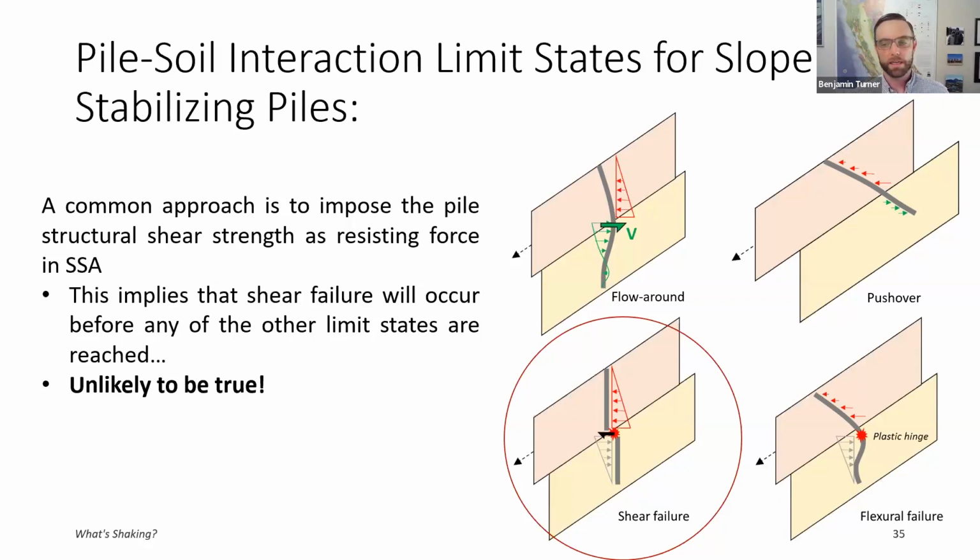What we often see is that flexural failure or flow-around failure will occur first, meaning as the slope displacement gradually increases, you get a flexural failure first, prior to shear failure or one of the other mechanisms. I will point out that the pushover failure simply indicates there's inadequate embedment into the stable material below, like I'm showing here. That should never actually control the design, because the right thing to do there is just to make the pile longer. So you can kind of ignore that one. Okay,